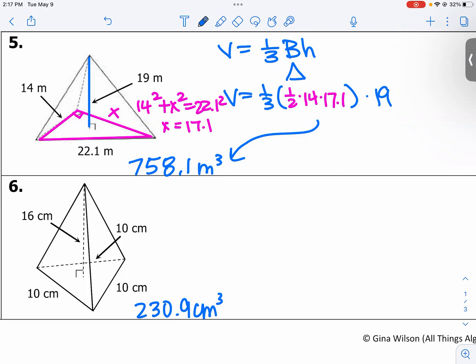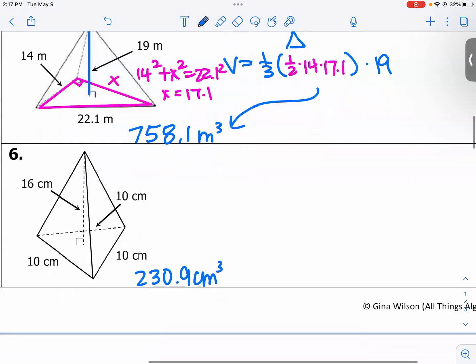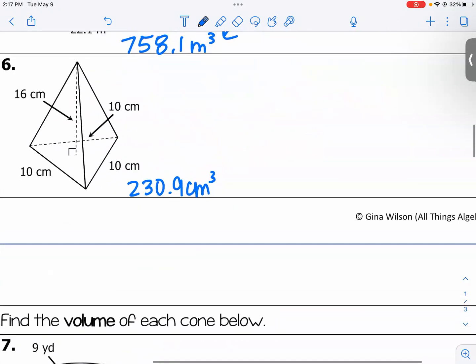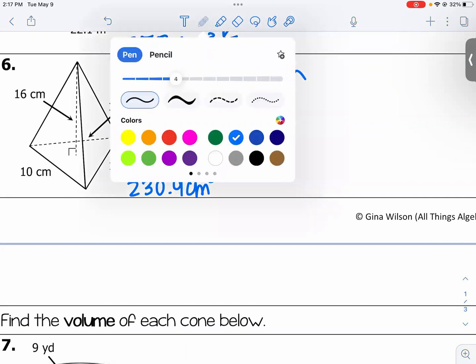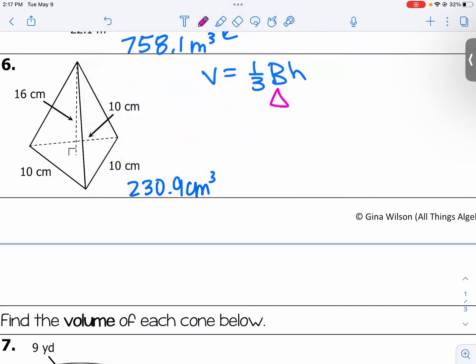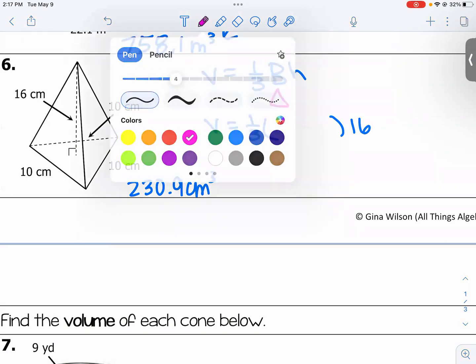Okay, raise your hand if you got 230.9. What? 266.7. I also got 266. All right. So let's talk about what went wrong here. Okay, first of all, can we all agree that the height is 16? Yeah. Okay. So then